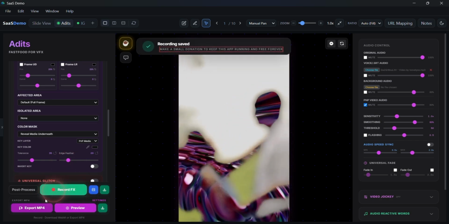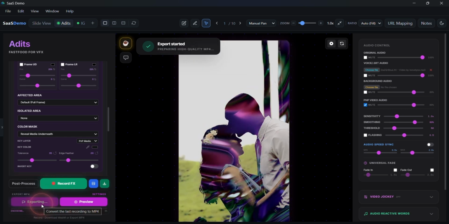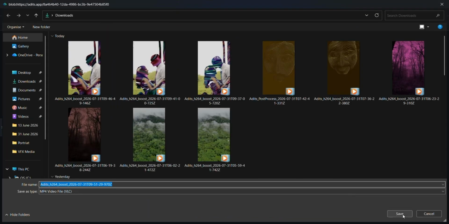Once the video is recorded, you can export the video to MP4, and once the video is exported, you can just save it,